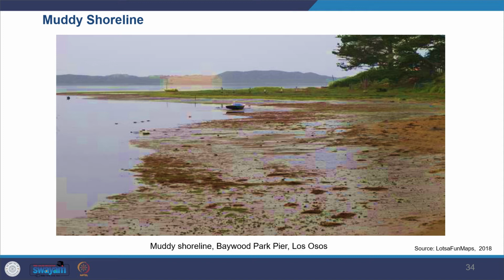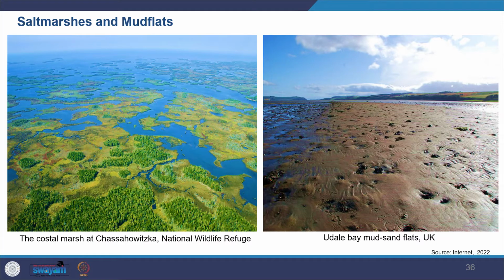So that's the muddy shorelines, you see that. And you see that in all of these, tide is the central feature on which the habitats function. Further, you also see salt marshes and mud flats, which are also important for flood defense. They are important because they dissipate wave and tidal energy. So they reduce the wave and they reduce the tidal energy, and when they reduce it, they also reduce the chances of erosion. That is why they are important.